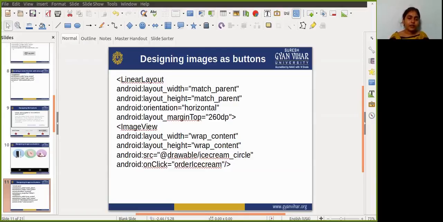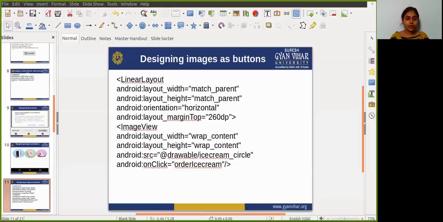The next image view is for the donut. For that you add the same attributes: layout width, layout height, src, and onClick. Whenever you click on that donut image, the order will be placed. The third image is a Froyo image.